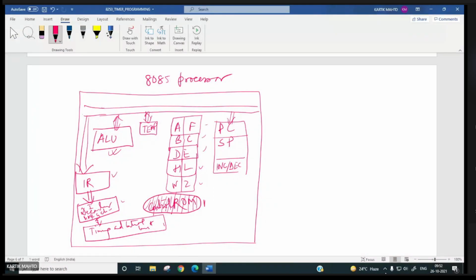The registers are also memory elements used for storing data. Next, out of these 40 pins, we need this for sending the address.